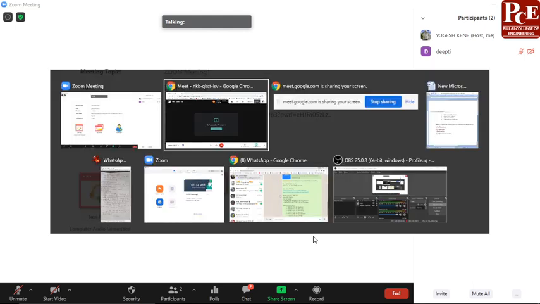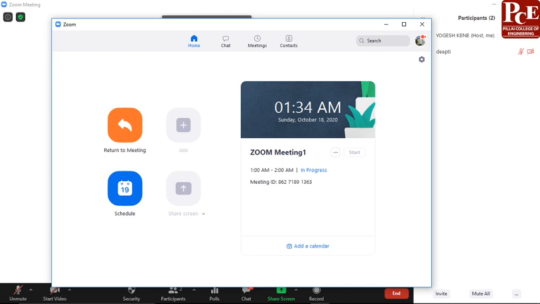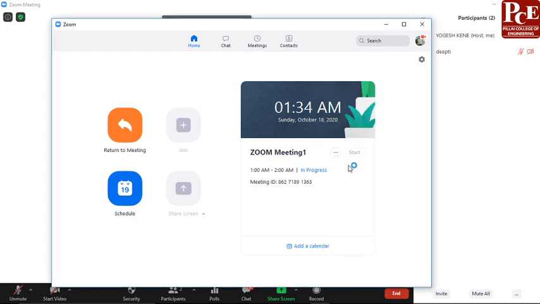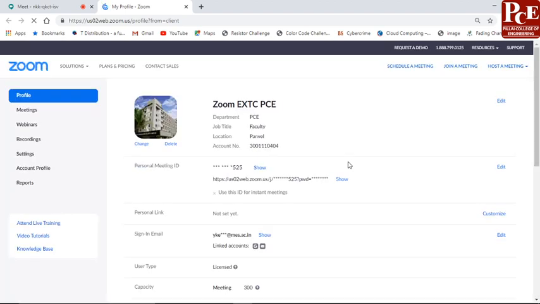For example, this is our main Zoom window. Now here I told you initially this is the profile tab. Just click on this. Here you will find one option called My Profile. Just click on this My Profile. It will take you onto another browser, and from that it will take you to your profile. So here you will find all the settings. Now here you can find the recording option. Just click on this.